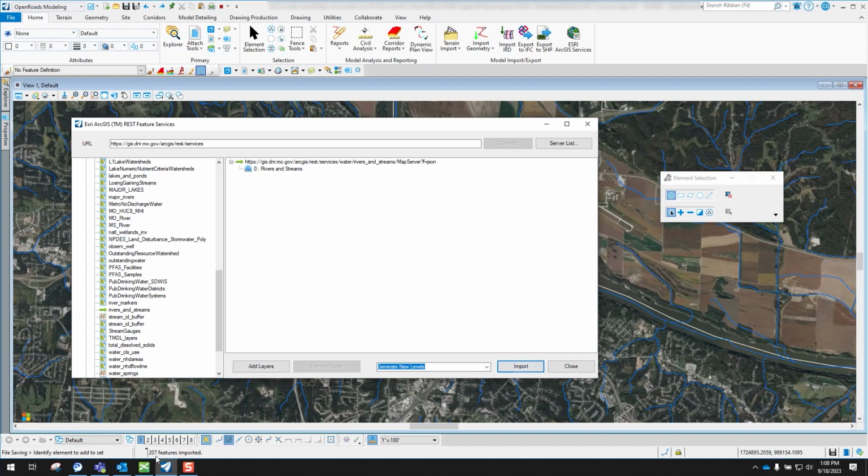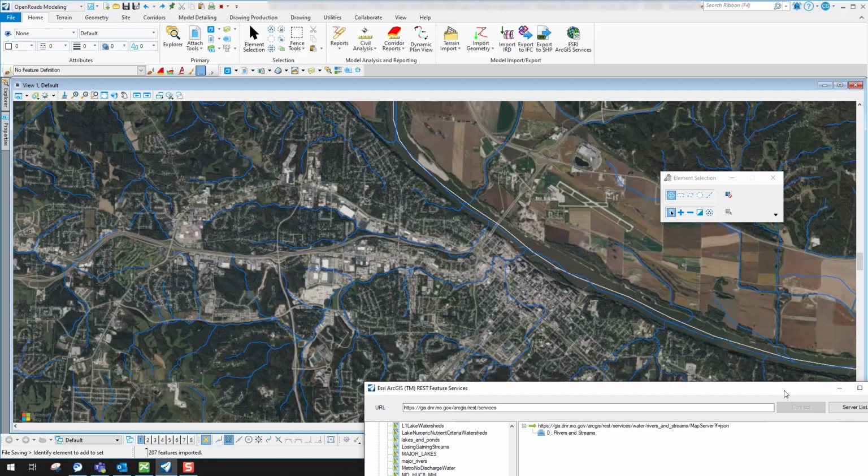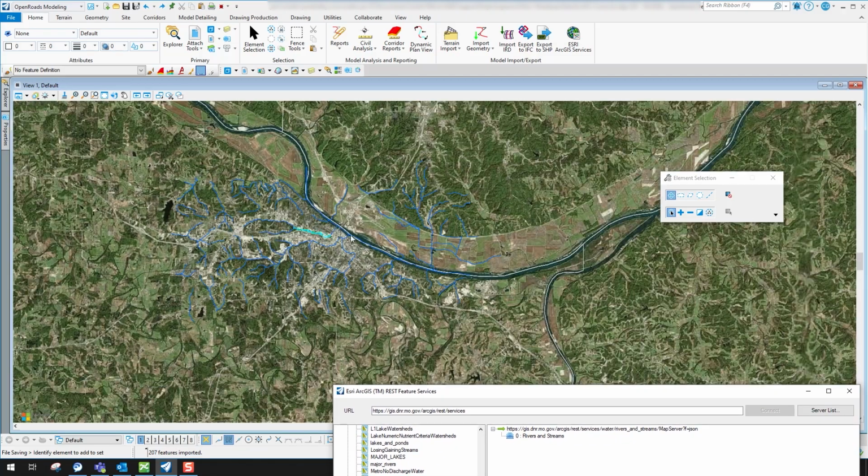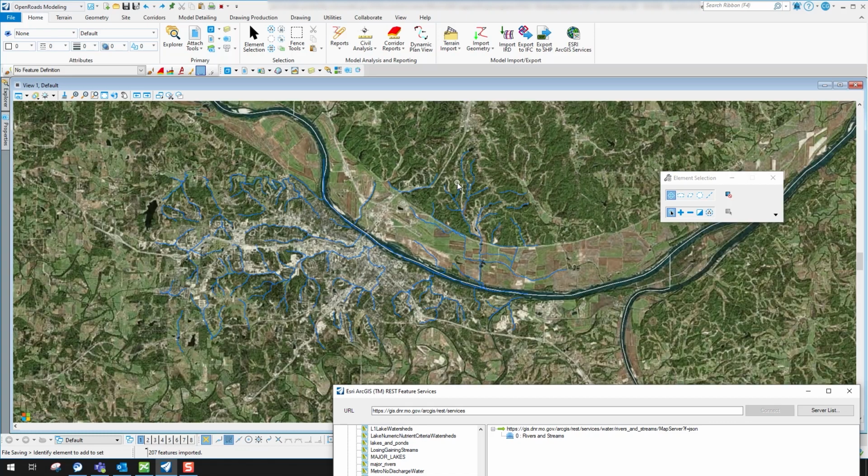And you'll see that it brought over 207 features. So if I go ahead and pull that down, you'll see those rivers and streams. You'll see that it imports it in. Now if I come up here and do an undo,